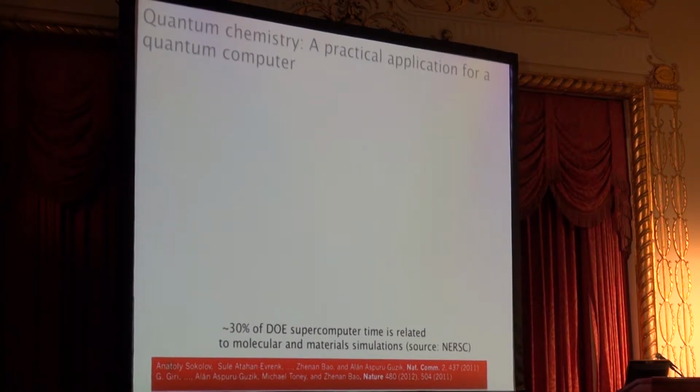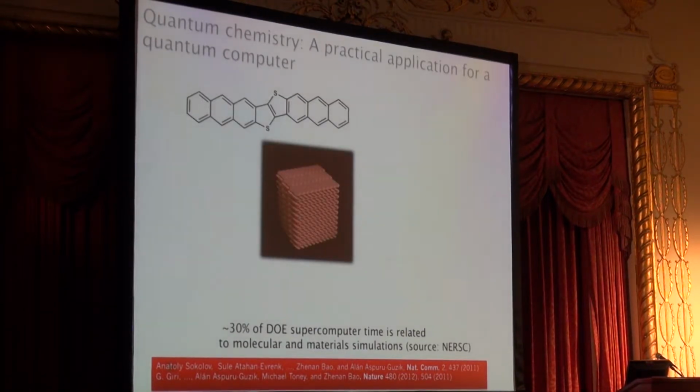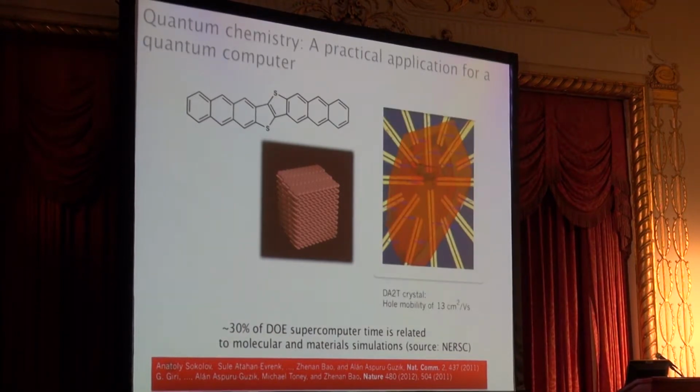I'll tell you an example of something useful that we did about, well, I guess 3 years ago already. We used the computer to design this organic semiconductor here, okay, which actually was at the time the second highest Hall mobility material. This has a mobility that is about 10 times larger than amorphous silicon, but it's a plastic.